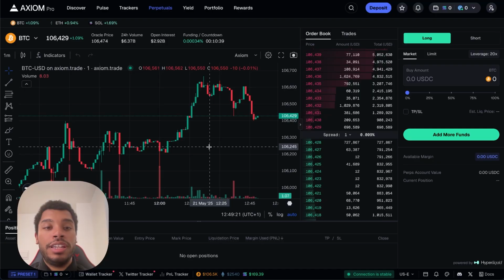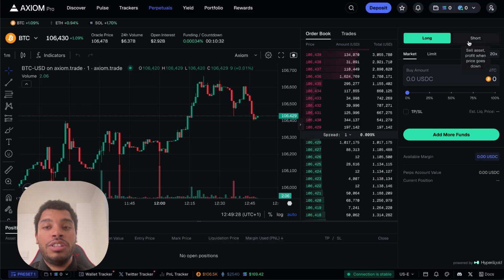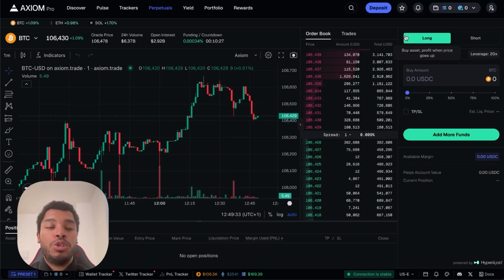And most importantly, when it comes to perpetuals, you can make money both when the price is going up and also when the price is going down. In fact, as you can see here on the right, you can either go long or you can also go short. While, as you probably know, when it comes to meme coins, you can only make money when you buy low and sell high. There are no other ways to profit from the price going down unless you're using instruments